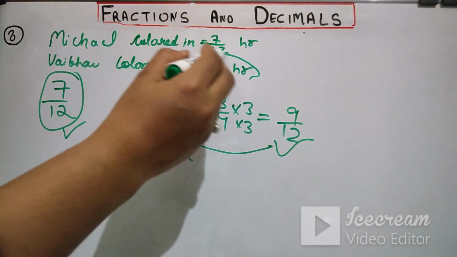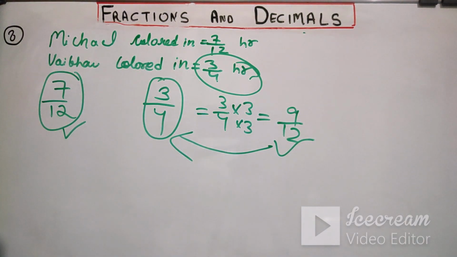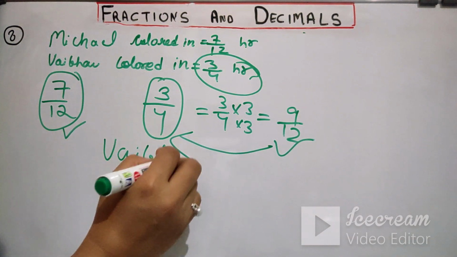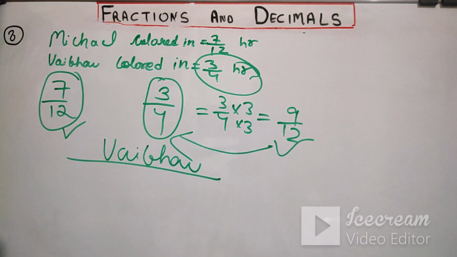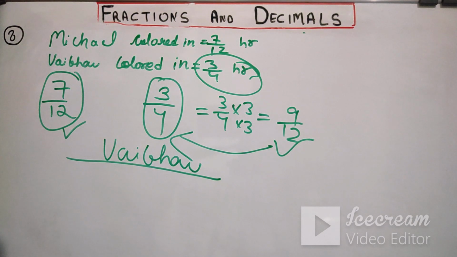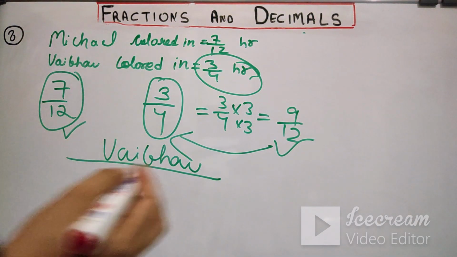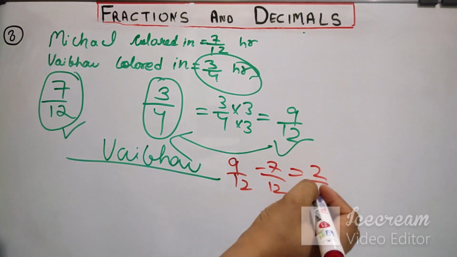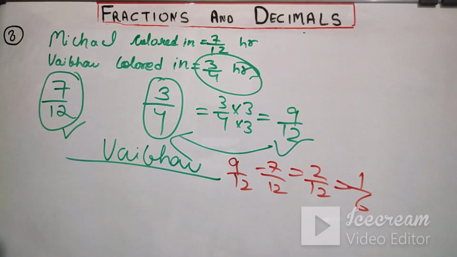3/4. और 3/4 किसका टाइम है? 3/4 है वैभव का कलरिंग टाइम. तो दैट मीन्स सिंपली आपसे जो पूछा था कि हु वर्कड लॉन्गर, किसने ज़्यादा काम किया, तो वैभव वर्कड लॉन्गर. ओके, हु वर्कड लॉन्गर? वैभव वर्कड लॉन्गर. एंड पूछा है बाय हाउ मच. तो जब भी बाय हाउ मच या ज़्यादा या कम पूछा जाता है तो यू सिंपली मेक अ डिफरेंस. अब डिफरेंस में आप सिमिलर वाली फ्रैक्शंस लेना तो ज़्यादा ईजी रहेगा. तो एक का 7/12 है, एक का 9/12 है. तो यहाँ पे हो जाएगा 9/12 माइनस 7/12 दैट मीन्स 2/12 दैट मीन्स 1/6. सिंपल है. ओके.